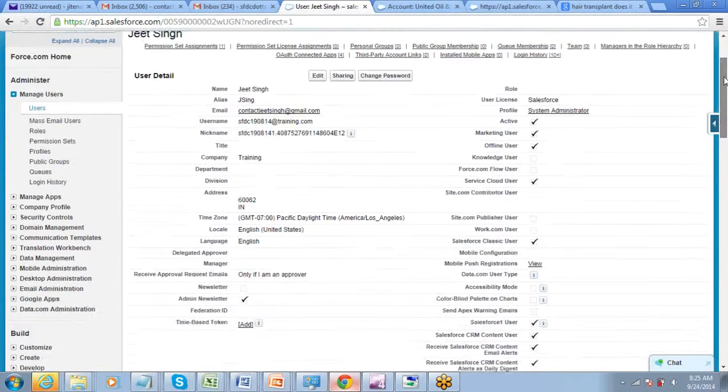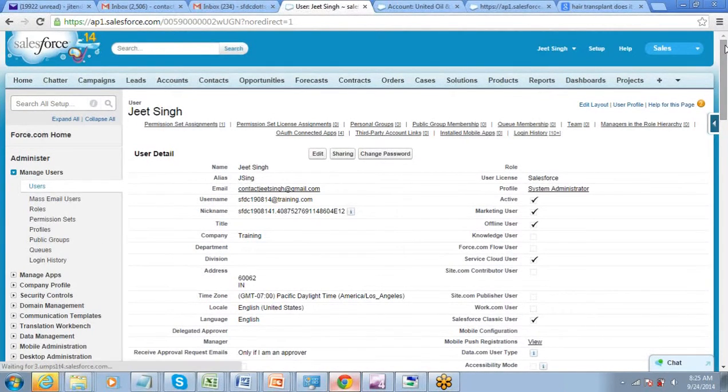We just have to see where we define OWD. For record sharing, there are three things which I've told you. One, you have to define the default rule for the organization. Secondly, you have to define whether the managers will get to see the data or not. And third, you have to define any other exception. Okay, where do you do all these things? You just need to go to setup.